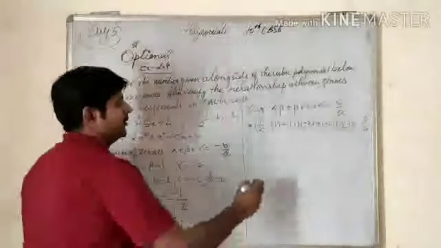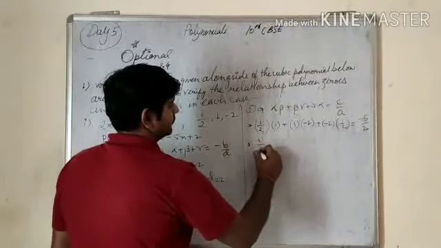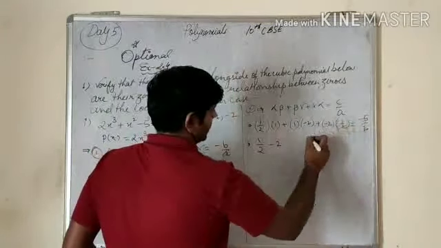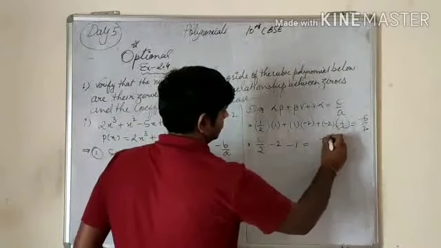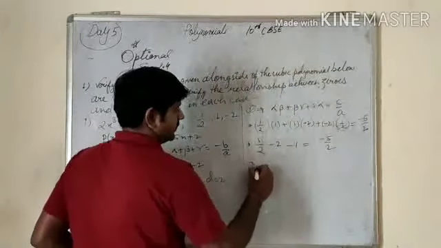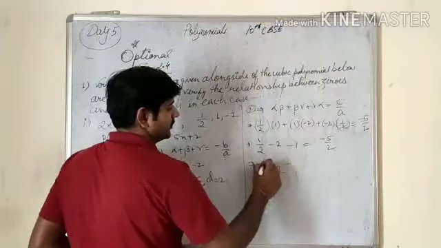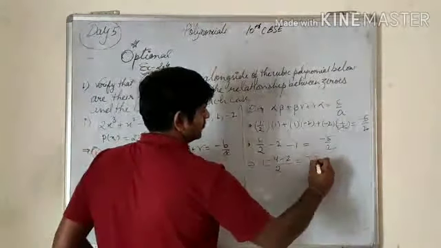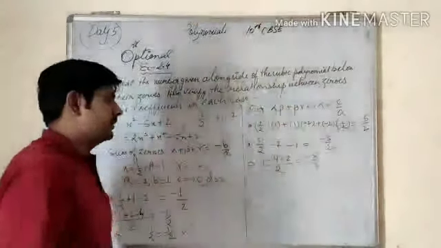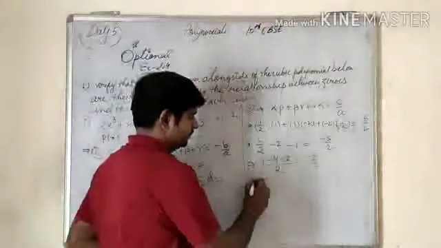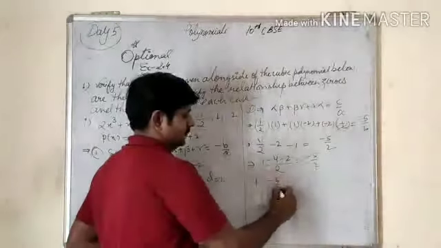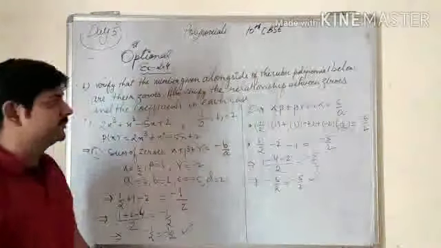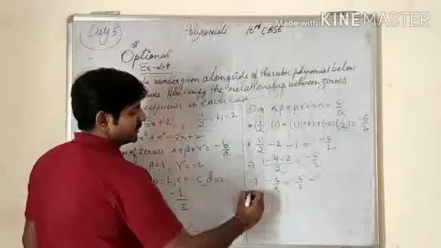If we observe, this is half, this is minus 2, and this 2 cancels, and minus 1. Whenever we solve by taking LCM, 1 minus 4 minus 2, so there will be minus 5 upon 2, and it is also minus 5 upon 2. It is also verified. And the last relation is